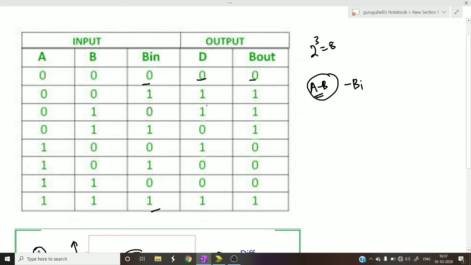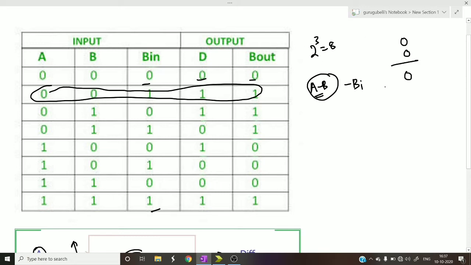Now let me take one typical example so that you can do the rest on your own. Let me take this example, 0, 0, 1. First you perform for 0, 0. So 0 minus 0 is 0 and borrow out is not required. Now with this result, you again perform 0 minus borrow in. To do this, you have to get one borrow. So if you get this, this will be 1, 0 meaning 2. So 2 minus 1 would be 1. This is your D, and you have taken one borrow, so this also will be 1. So you will get 1 and 1 like that. Similarly, you can do for any other combination.